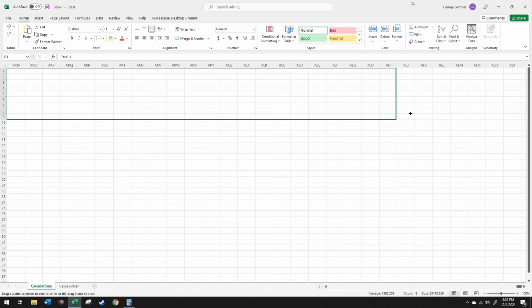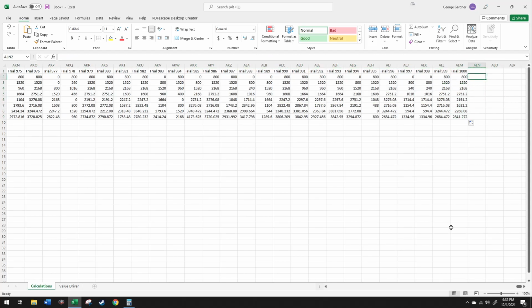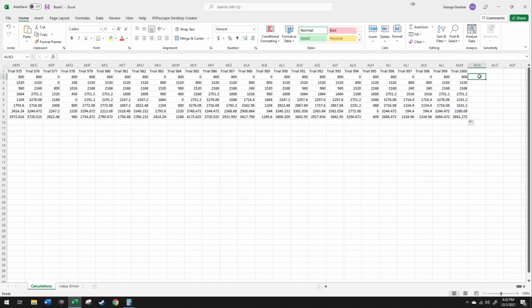What was it? ALM? Yep, 1,000 trials. And so that's enough trials that it should be pretty good. It's not going to be 100% accurate, but it should be a pretty good indication. So then what we're going to do is count if this range,